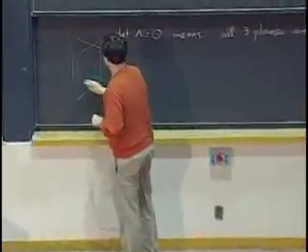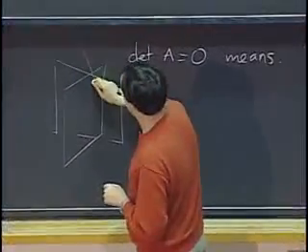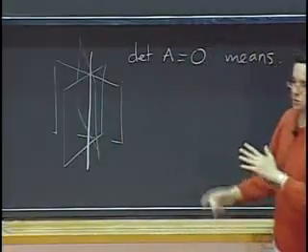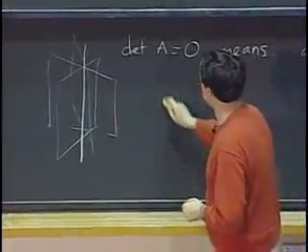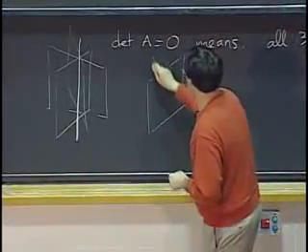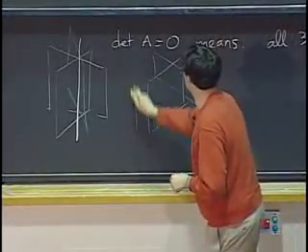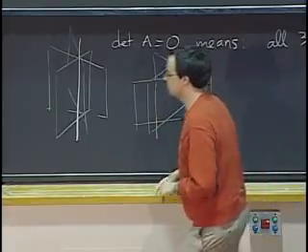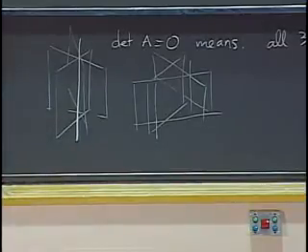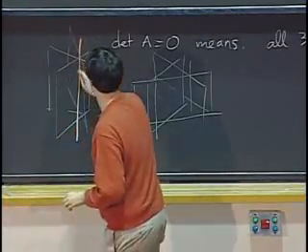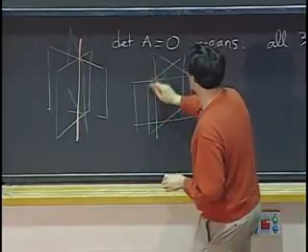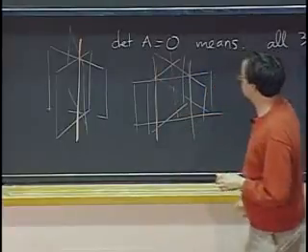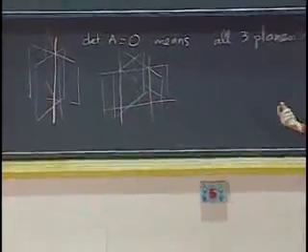Now, this can happen either with all three planes containing the same line. They can all pass through the same axis. Or it could be that they're somehow shifted with respect to each other. And so it might look like this. And then the last one is actually in front of that. So see the lines of intersections between two of the planes. Here they all pass through the same line. And here instead, they intersect in one line here, one line here, one line there. And there's no triple intersection.